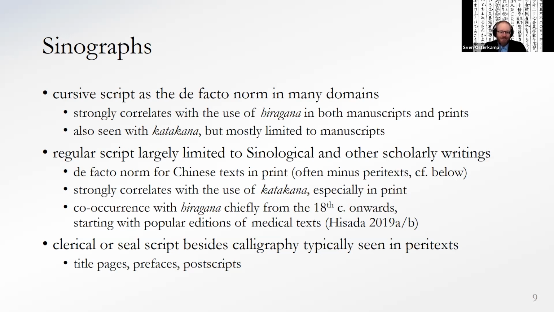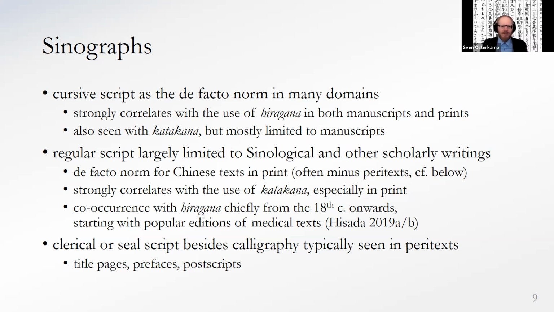Regular script or block script, on the other hand, was largely limited to sinological and other scholarly writings in Japanese, and it was also the de facto norm for Chinese texts in print, apart from prefaces and the likes maybe. In terms of kana, it strongly correlates with the use of katakana, especially in print. While this is perfectly normal nowadays, sinographs in regular script were originally rarely seen together with hiragana, simply because the two do not match in terms of cursiveness. But the co-occurrence of regular script with hiragana chiefly